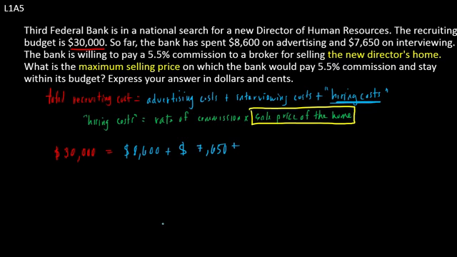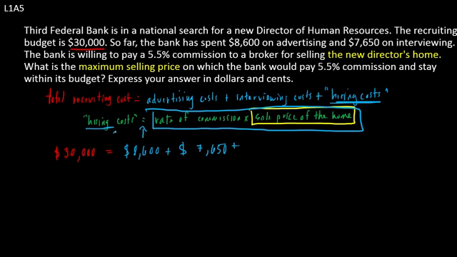So here's what I'm going to do. Since hiring costs are equal to rate of commission times sale price of the home, instead of actually writing out hiring costs, I can write in this phrase instead because they are equivalent. That's what this equal sign means. It means that if I write this thing on the left or this thing on the right, it's the same value. So instead of writing hiring costs, I'm going to write rate of commission, which I actually know to be 5.5%. So I'm going to write in 0.055 multiplied by sale price